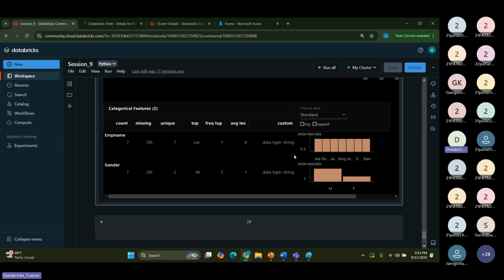It is giving you the statistical summary for each and every column you have used, based on the data you have. Here you can see the count, missing values, unique values, the top value, frequency of the top, and the average length also for string values. In the x-axis it has taken all the names, and